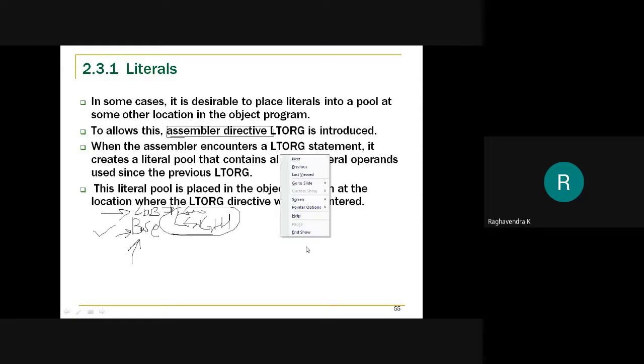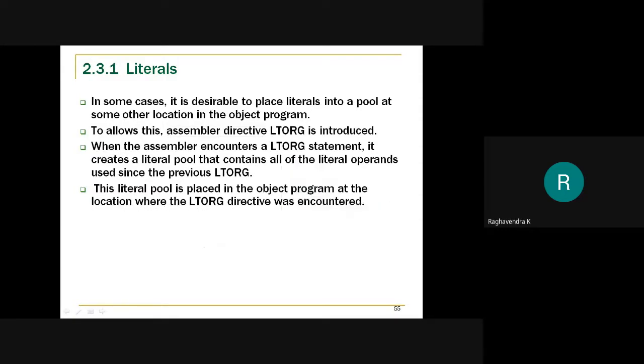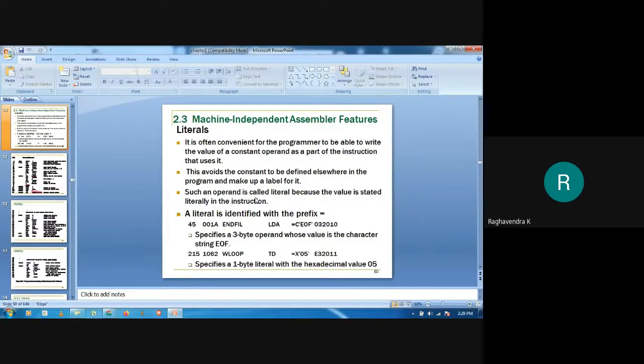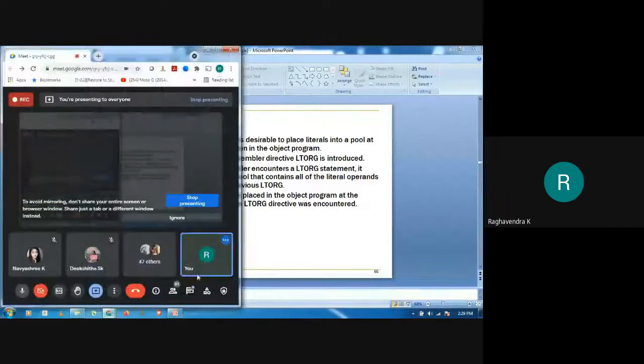Now we are looking at one more assembler directive, which is LTORG. So what is this LTORG? Let us have a look into it.